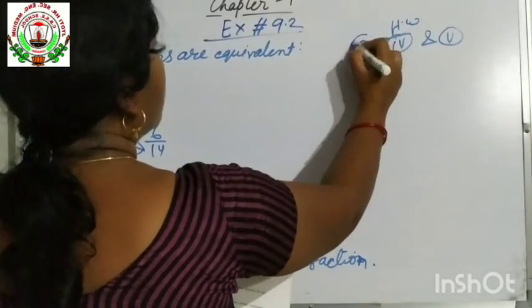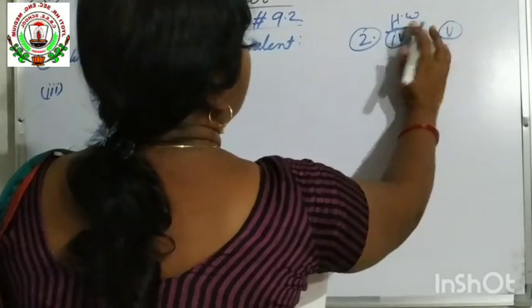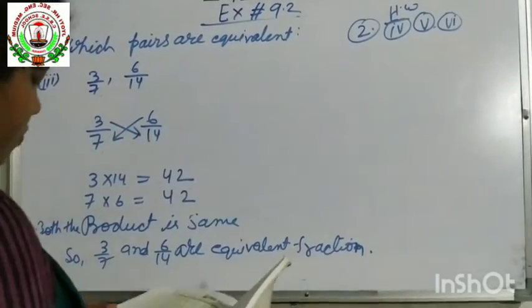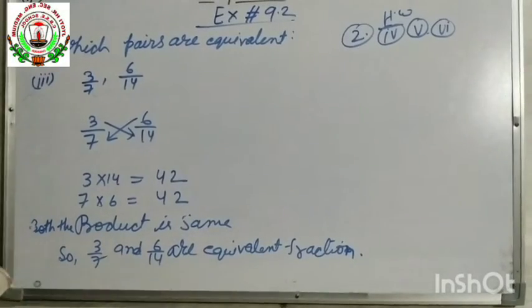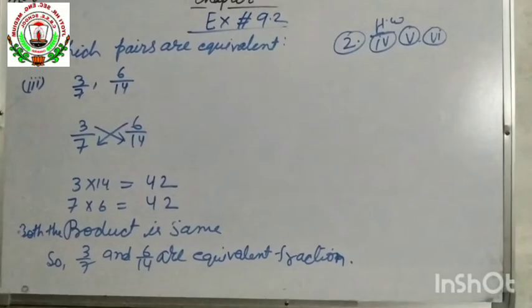So you will try to do questions 4 and 5 of question number 2, and one more question there, 6. You will try to do. Next class we will see question number 3 and 4.